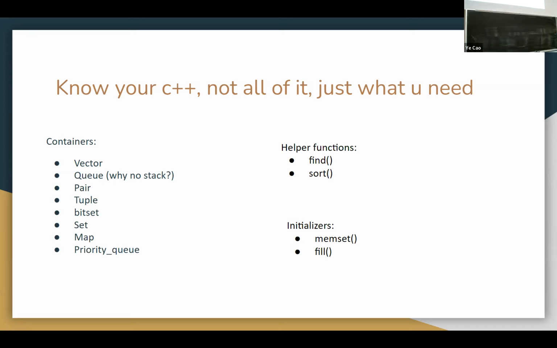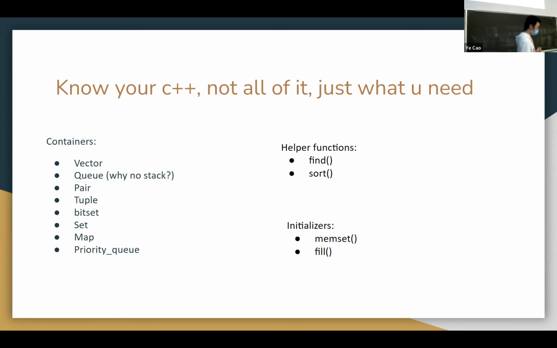So the common containers we use in C++: vectors, which you can basically treat as a Java ArrayList or Python list. Very handy. It's, I'd say, the container that I use the most. Queue, when you want a FIFO structure, first in, first out, you want to use a C++ queue.